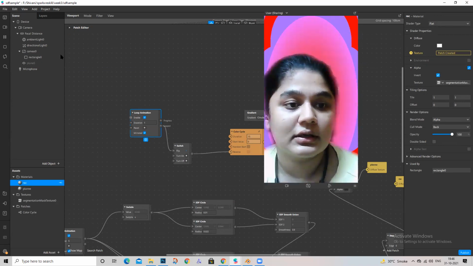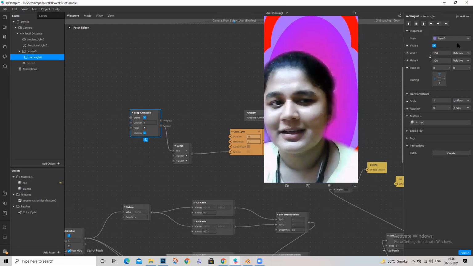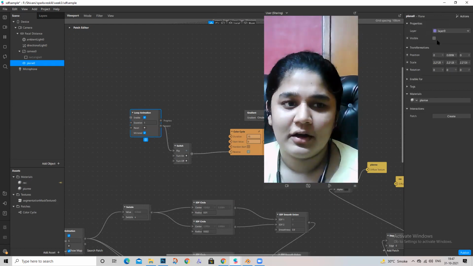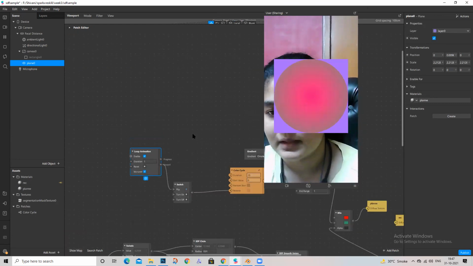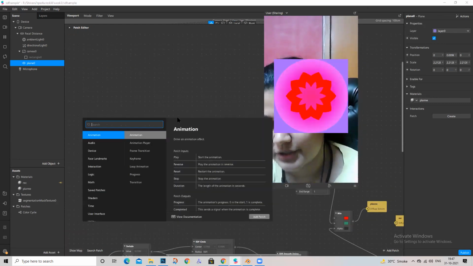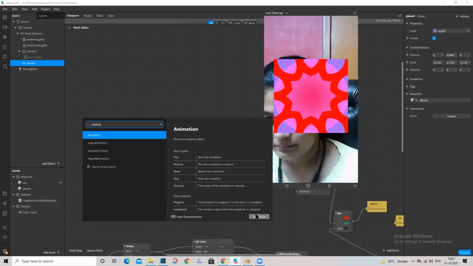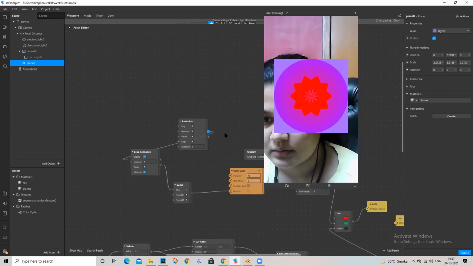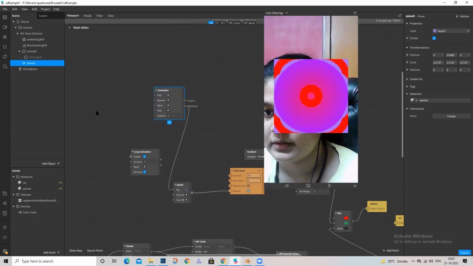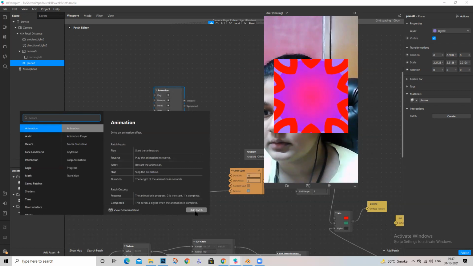Another thing we can do is control it using audio reactivity. So maybe instead of loop animation, we can go for animation over here and everywhere else. And we can maybe go for audio analyzer.